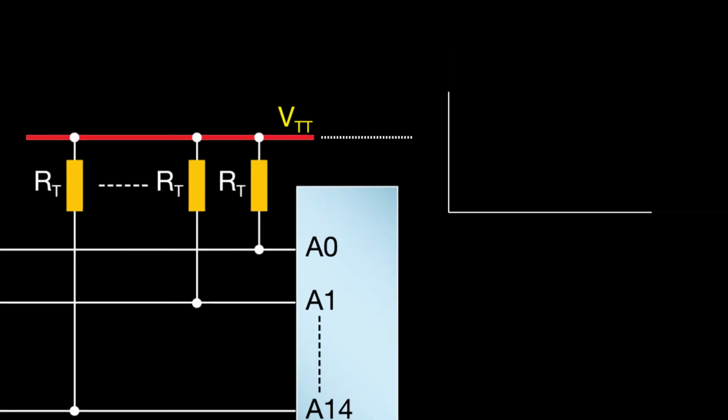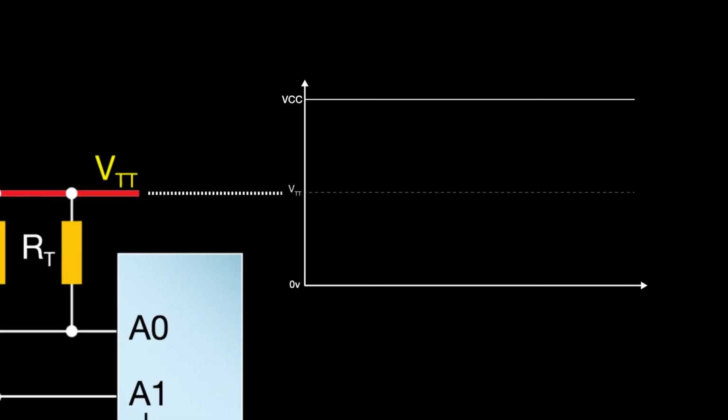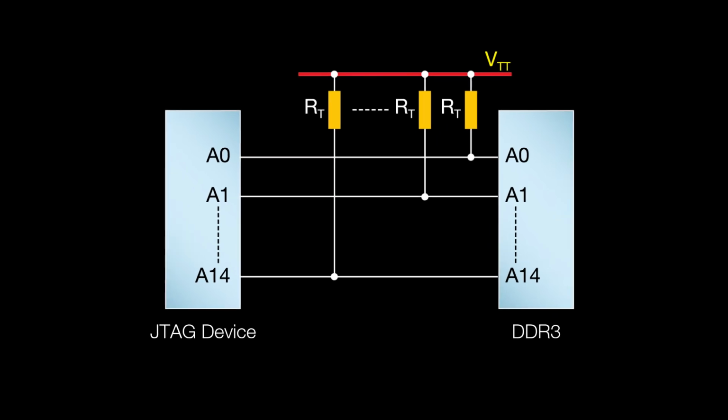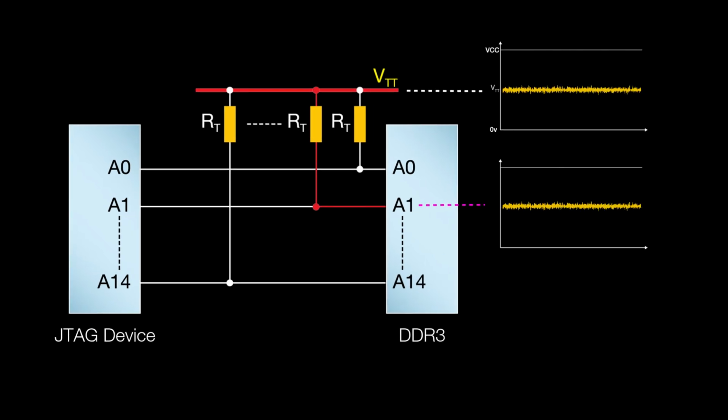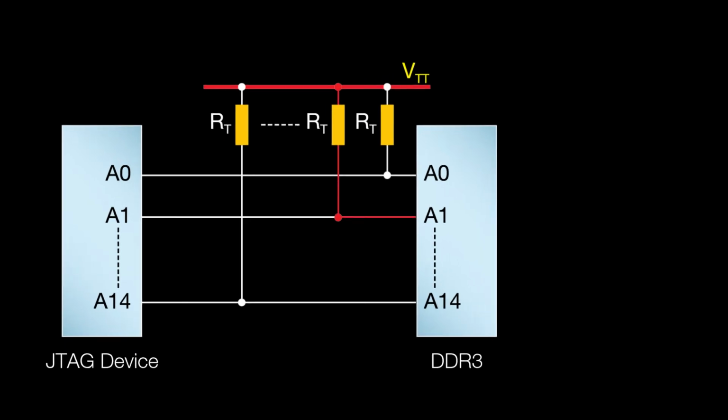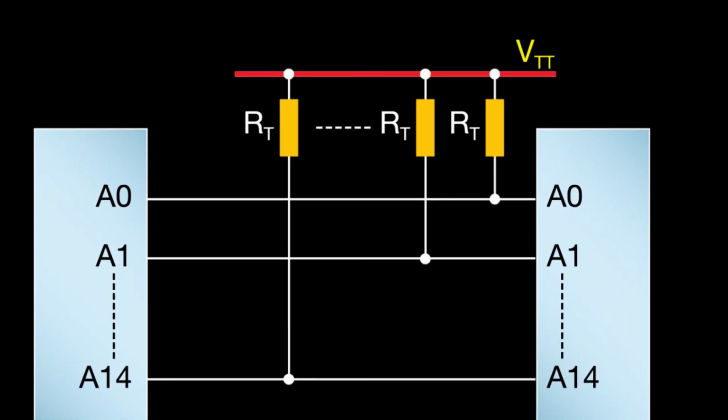Firstly, think about what happens if there are small amounts of noise on the VTT supply. That's not a problem during a normal data transfer, because the signal nets are being driven high or low. But during a boundary scan test, the situation's different. There will be times when some of those nets are left undriven, and that allows noise from the supply to appear on the pins. The combination of that noise and the fact that VTT is at mid-supply can cause values read from those pins to change. If that happens, you'll get false errors during the interconnect test. To avoid it, the software needs to know that this rail is a termination voltage.